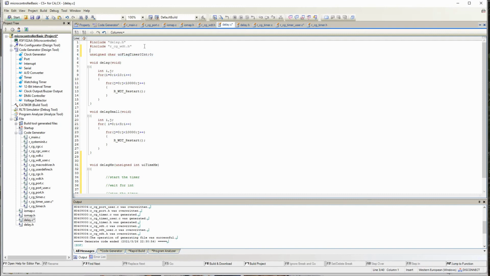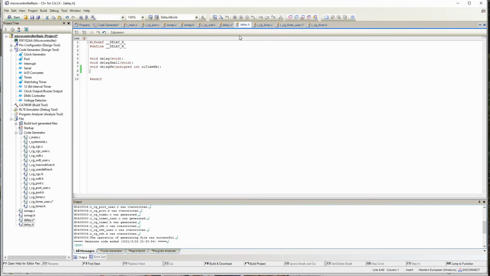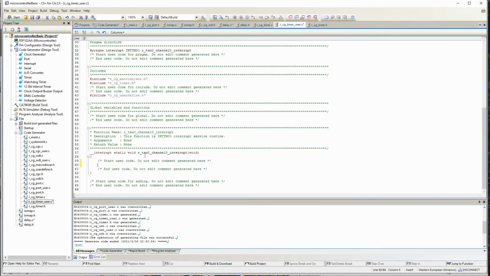Initially let it be 0. In the H file also I have to use it, declaring it as extern, and I cannot assign a value in the H file. So here I will set this flag in the timer to 1.